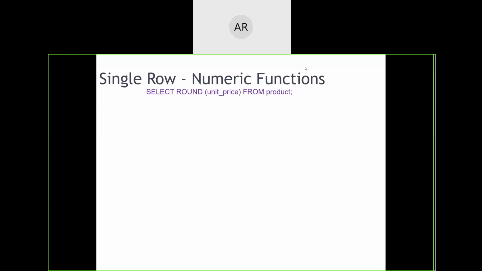So let's try to discuss the numeric functions. For example, one of the numeric functions which is available is ROUND. The function will take some data and try to round it off. For example, I want to have the rounding of the unit price. Usually the prices will be listed in terms of some rupees and sometimes in paisas also.